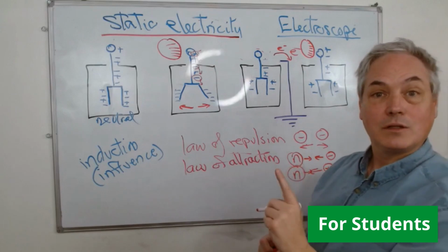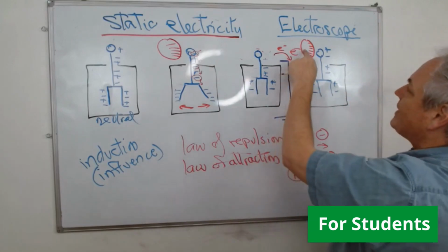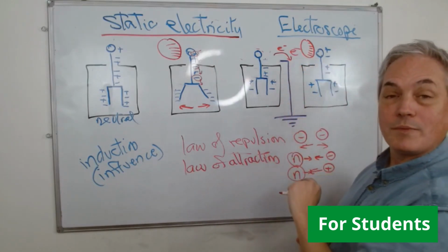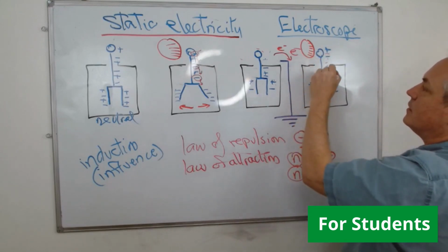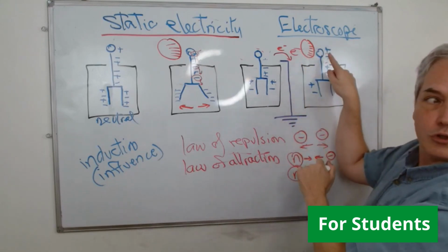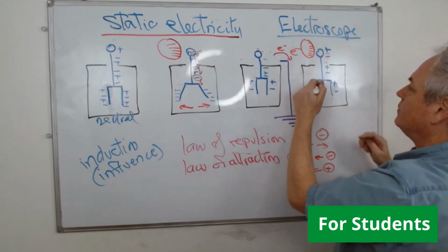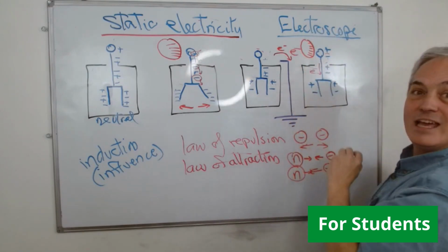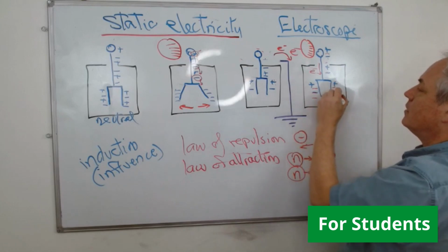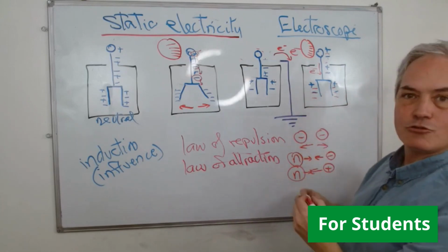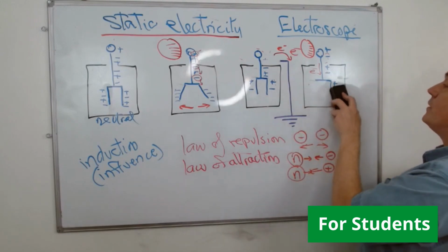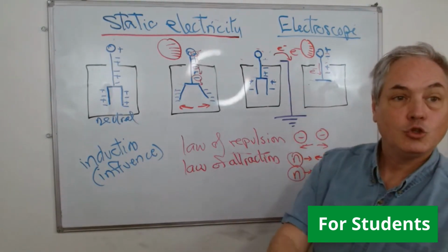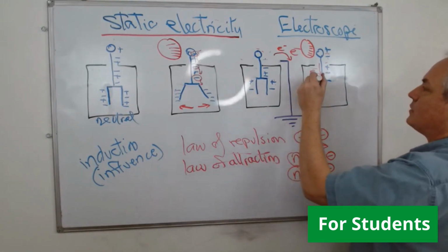So that's the theory we're going to do. As soon as we bring the balloon close by, what will happen? The electrons that are closer to the balloon will want to go to the bottom, creating more electrons at the base. The consequence of that will be that the two little leaves will go apart